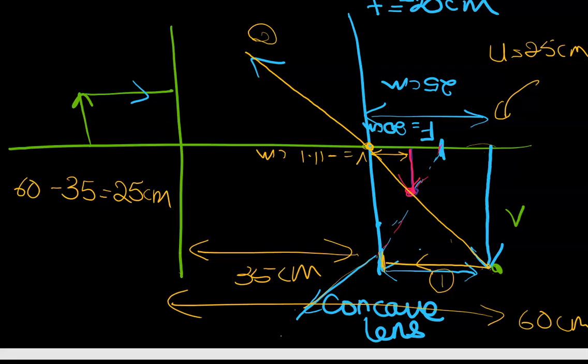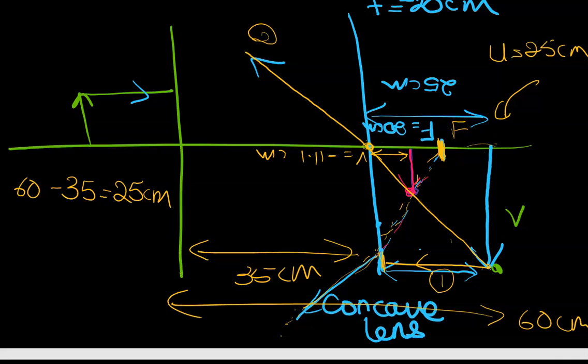Now if it is divergent, how much it bends will depend on the focal length of your concave lens. Now your concave lens has a focal length of 20. Remember, this distance here is 25. So this distance here is 20. So what you will do is position the focus, and remember f is negative, and you can extrapolate. You do a dotted line because it just tells you how much your refracted ray through your concave lens exists due to the position of this principal focus. So you then diverge the rays, right? And then when you extrapolate it, they would appear to come from the principal focus, which is 20 centimeters from